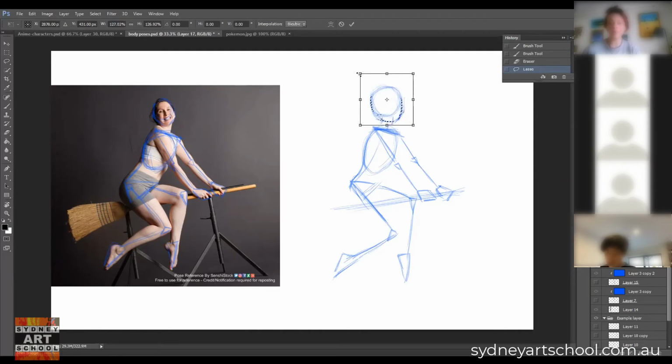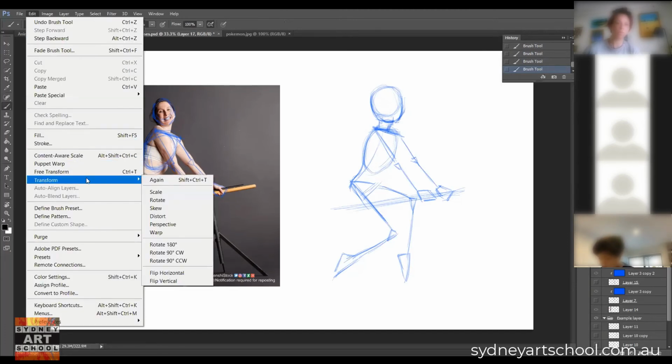And so the quickest and easiest way of doing that, now that I'm happy with the size of the rest of the body, is just literally make her head bigger. So if you're making the head bigger and you're drawing it with pencil in the traditional way, you can just widen it out, make it bigger. The quickest and easiest way for me is to just literally pick up the piece of the drawing and then just stretch it out. And that's using the